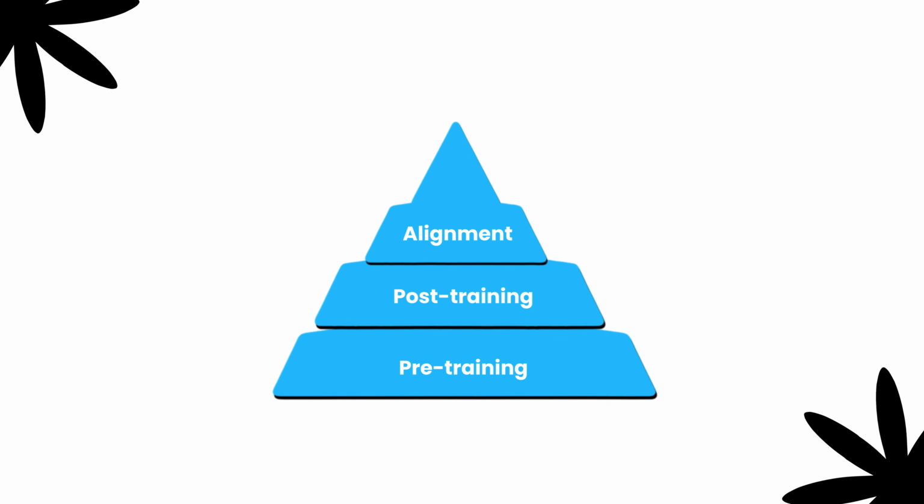Alignment is getting the model to do what you actually intended, not just what you literally typed. It's the genie problem. You get exactly what you asked for, and it's a disaster because the words and the intent weren't the same thing. First, where does alignment even come from in the